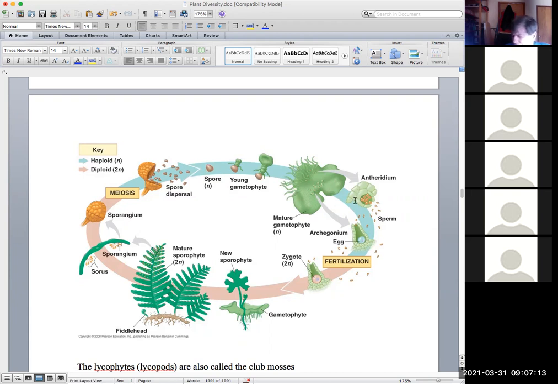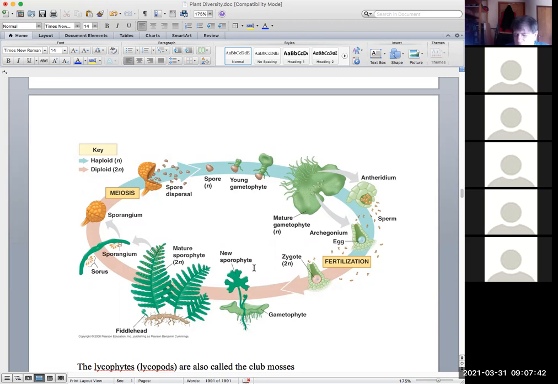Now, the gametophyte produces two types of reproductive organs. It produces an antheridium that makes sperm, and it produces archegonium that make eggs. Notice antheridia ending in A is just plural, and archegonia ending in A is just plural. The sperm fertilizes the egg, we get a zygote, the zygote starts to divide by mitosis, and we get a